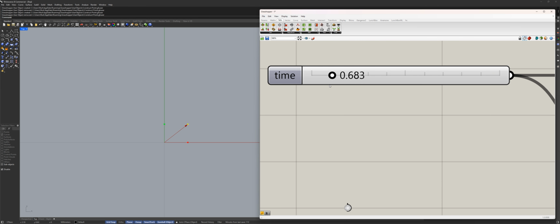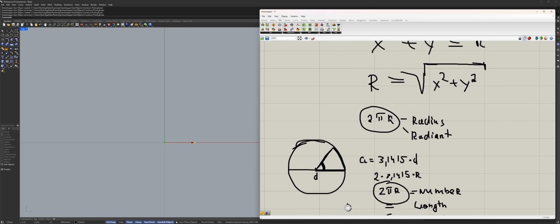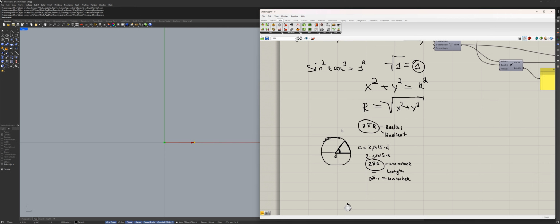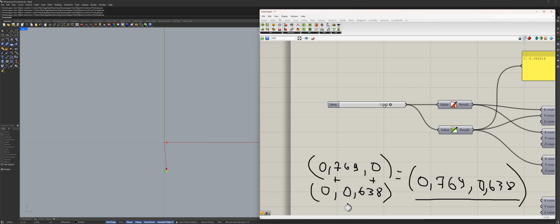Let me look at the time again. What did I set as the maximum? 6.28. Why? Look at that. It's really related to the actual formula, 2 pi r, and it's true to the radius, it's true to the radian. But as it becomes here, just visually, it's really easy to understand that this actually can describe